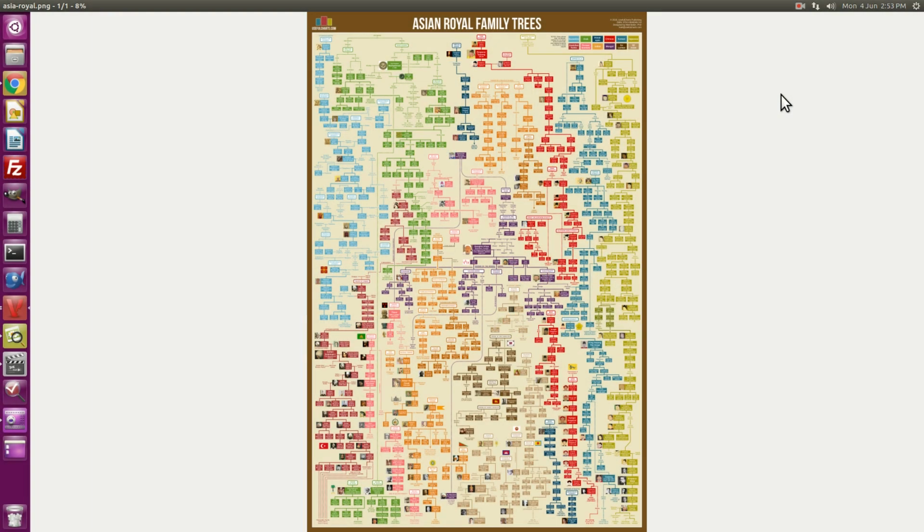Today I want to show you the family tree of Ottoman sultans, and I'm going to use my new Asian